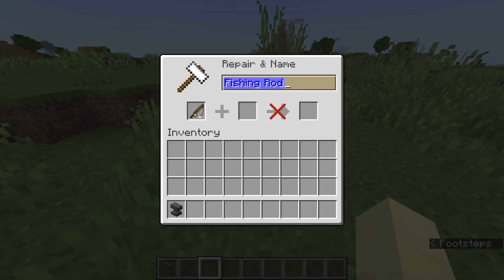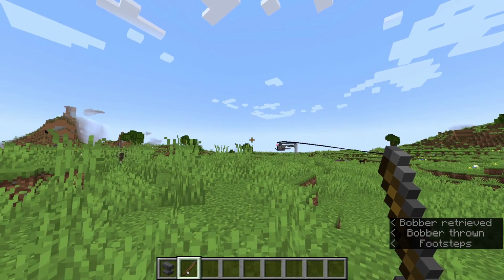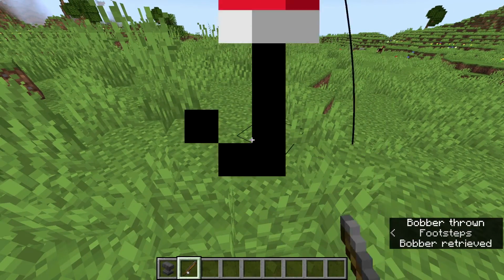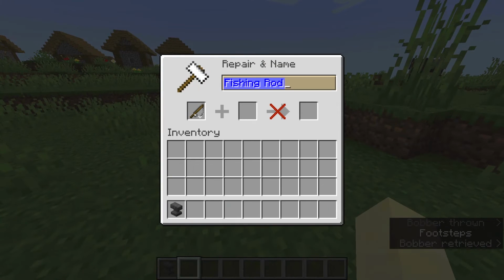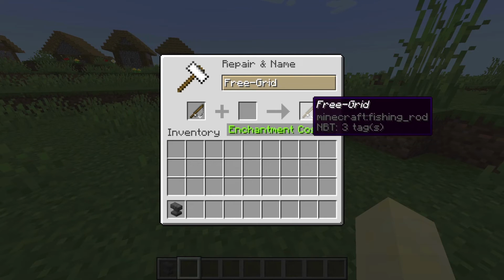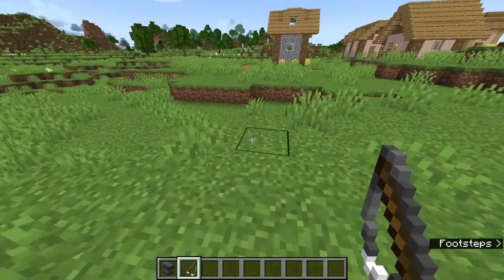By default, a fishing rod is in fact just a normal fishing rod. It's not going to do anything fancy. You need to rename it to Free-Grid, with a capital F, a hyphen in the middle, and then a capital G, and then all the other letters are lowercase. If you do that right, and you've installed the data pack right, which I'll explain to you later near the end of the video,